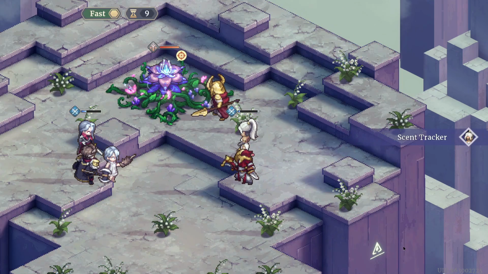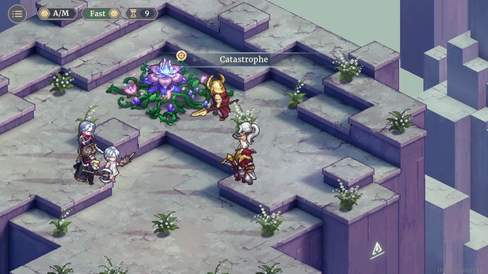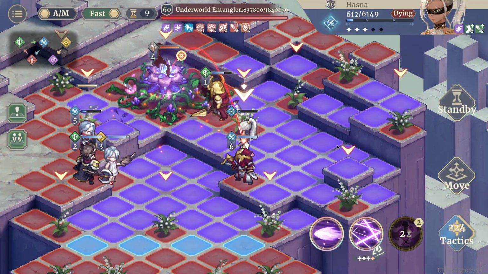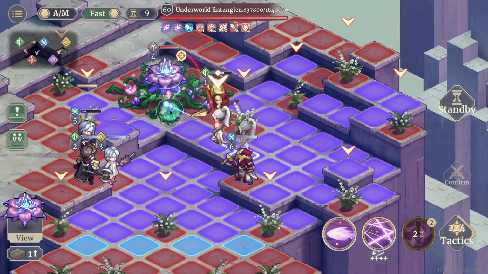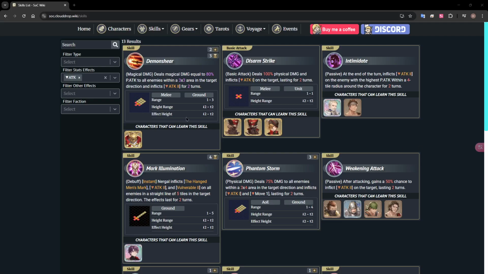Another option is with the disaster bottle, you can aim an RNG the level 2 debuffs and try and get an attack down on the boss. So yep, we just got the attack down there. Other examples of attack down, I'm on the SOC Cloud Drop wiki. So you can search for effects, like I'm searching for the attack down effect, and we can see various units